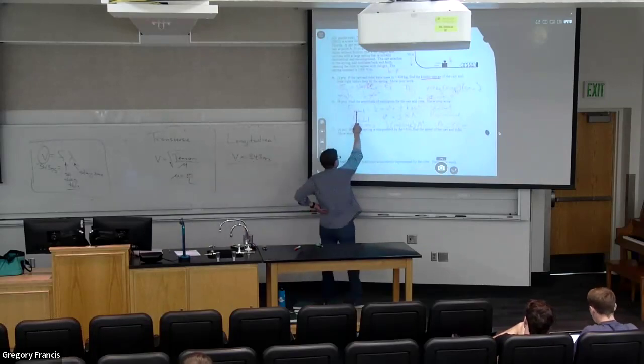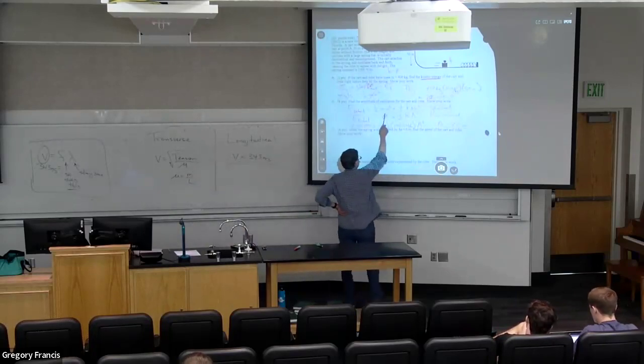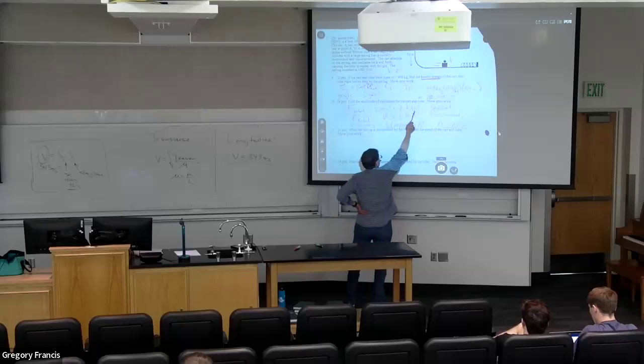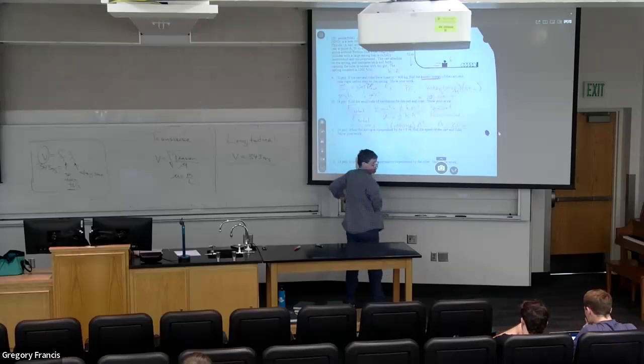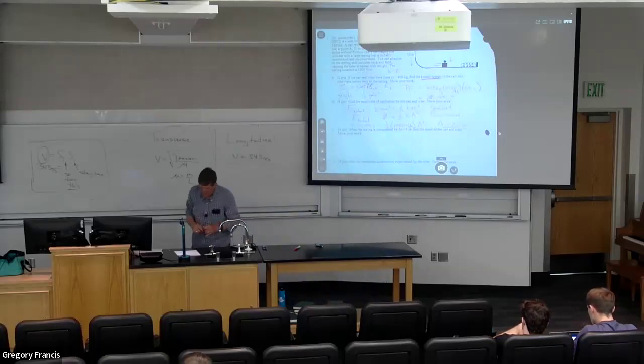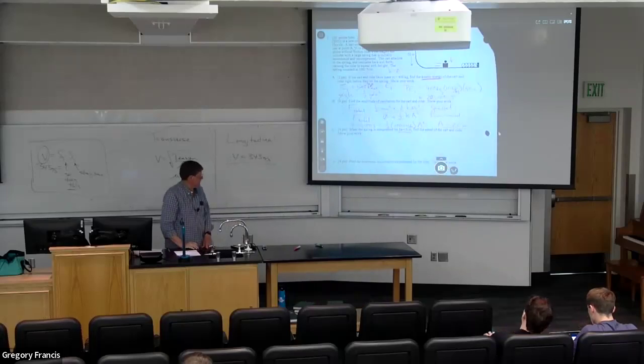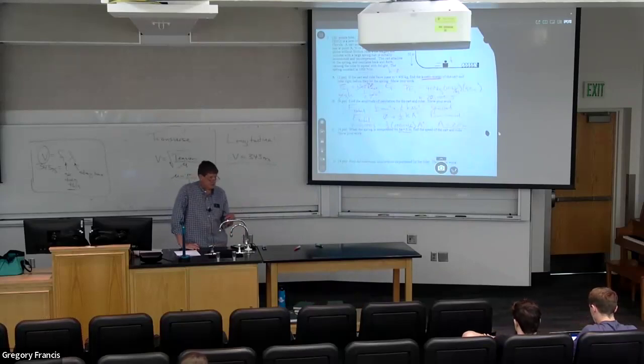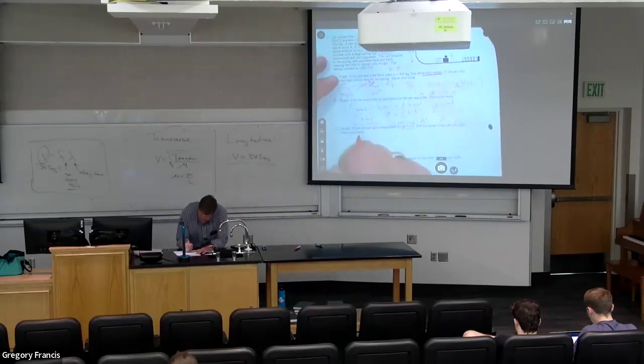If I know that this is 200,000, you tell me how fast it's going and I'll tell you how far it is from equilibrium. Or if you tell me how far it is from equilibrium, I'll tell you how fast it's going. There's all sorts of things I can ask here, okay? And so in this case, I'm told, what if I'm 6 meters from equilibrium? If I were 20 meters from equilibrium, I'd be stopped. That's a turnaround point. But I'm not. I'm only 6 meters away. So I would say